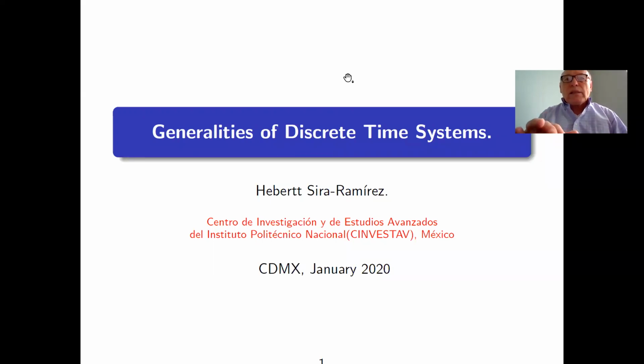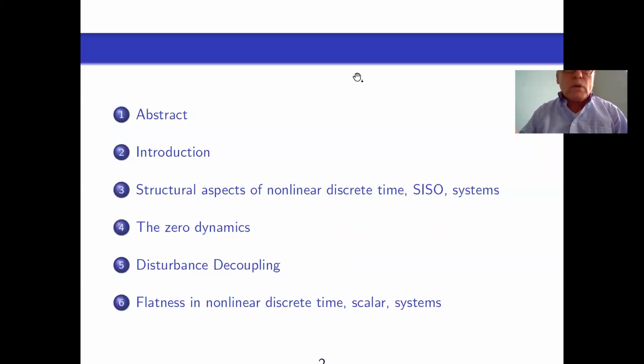So in a sense, this is pretty much a parallel to nonlinear continuous time systems, and this is what we plan for the next few talks. This is more or less the outline of what I call the first lecture, but it will take 2 or 3 weeks to complete all the material here. And from there, we will